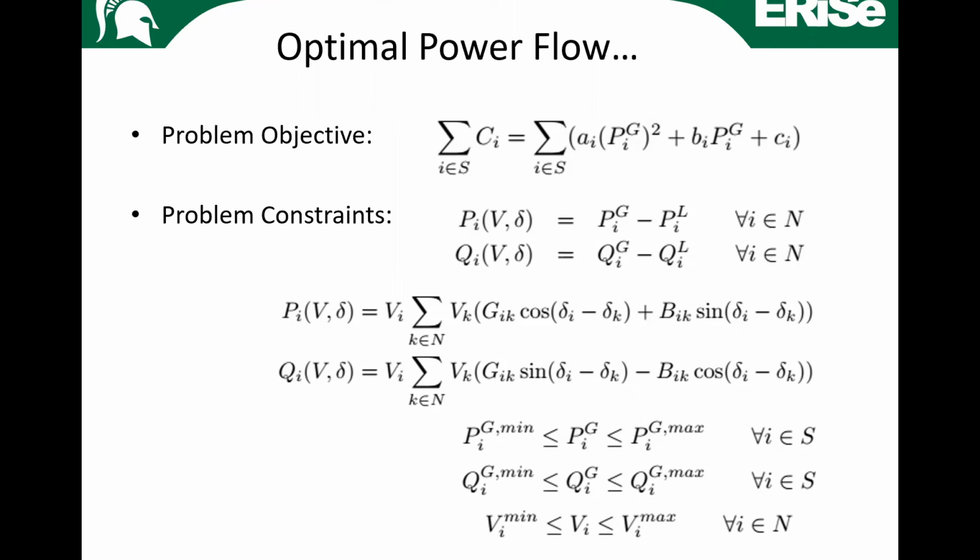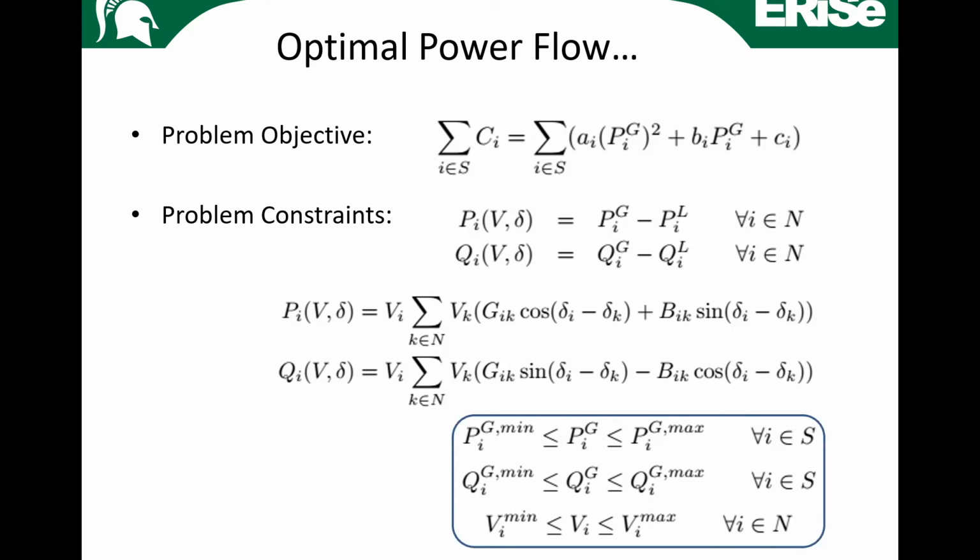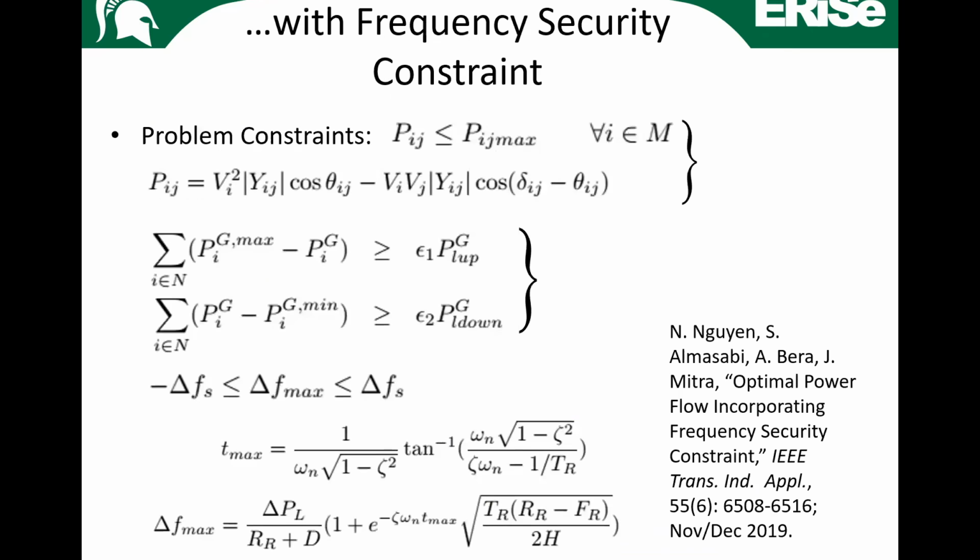in a market situation, if there are electric markets. But whatever it is, the problem constraints are fairly similar. We have the power balance constraints, which can be expanded to this. So this is a more detailed representation of this. And then we have some equipment capability constraints and voltage magnitude constraints, okay, or these are also called security constraints. And then we have some transmission constraints, how much power can be transmitted over certain lines. We have spinning reserve constraints that we need to keep a certain amount of margin, and so on.